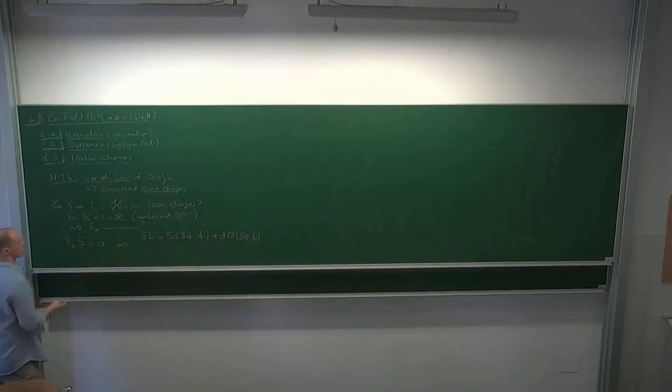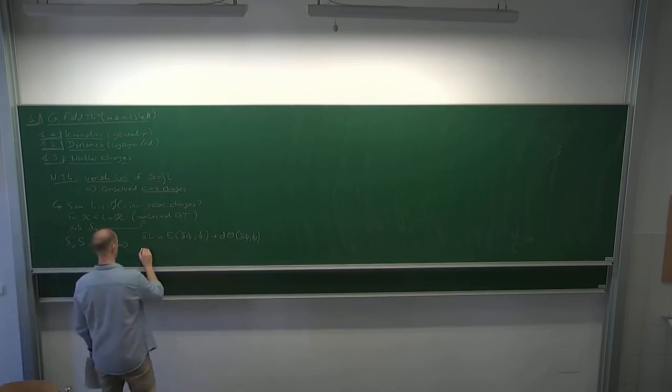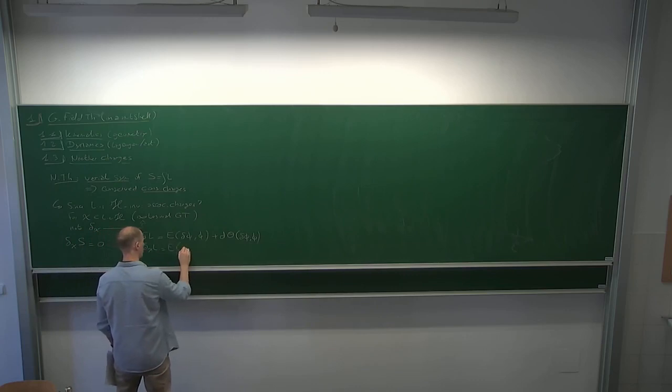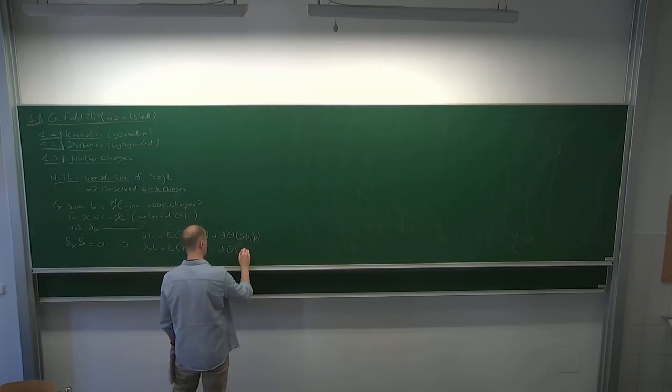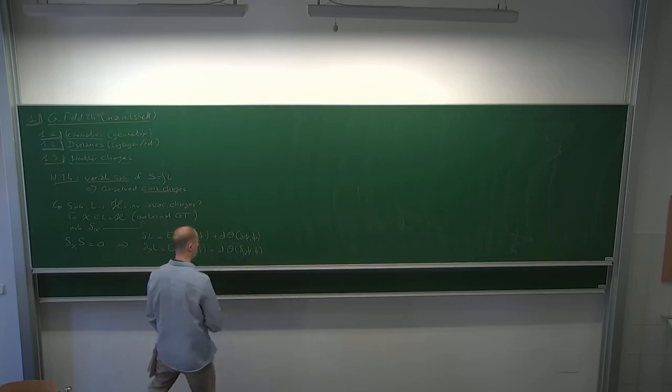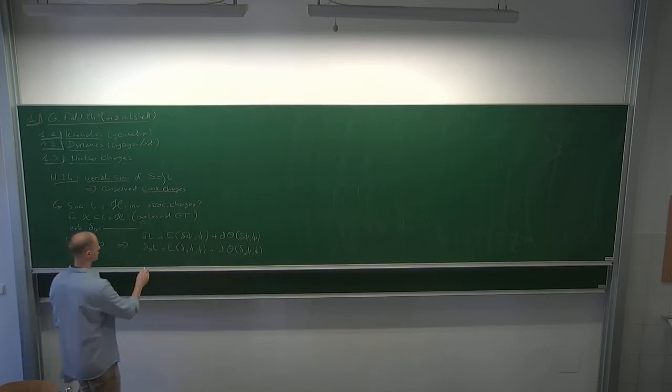So for a variation that comes from the symmetry, we will have delta chi L equal the same thing plus theta of delta chi phi. But this is supposed to be identically zero